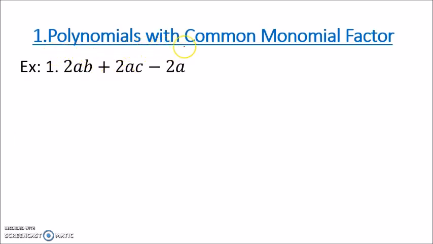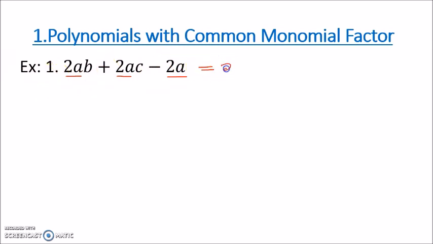Factoring polynomials with common monomial factor. So, let's have example number 1. Notice here, we have 2ab plus 2ac minus 2a. Yung first step talaga in factoring polynomials, you really have to check if there is a common factor. Like this one, common niya yung 2a. So, ibig sabihin, lahat ng terms na ito, pwede nating ma-divide sa 2a. So, this is equal to,